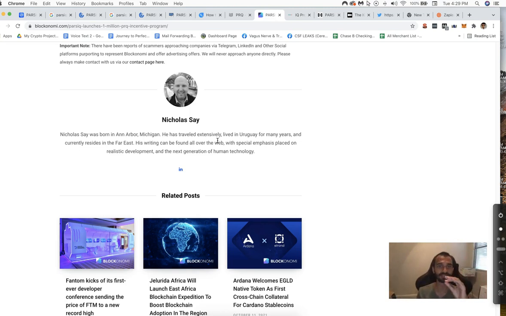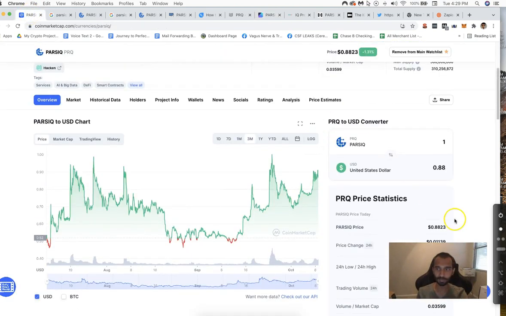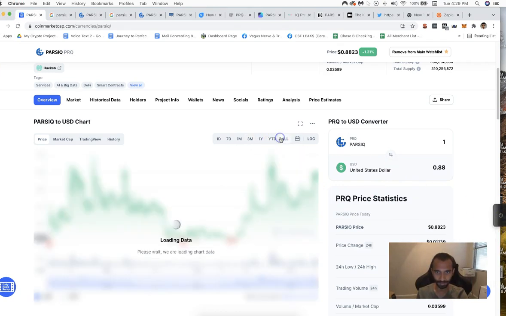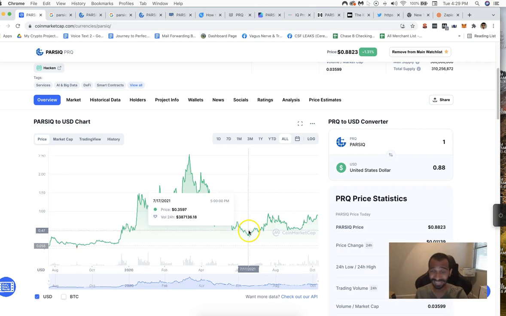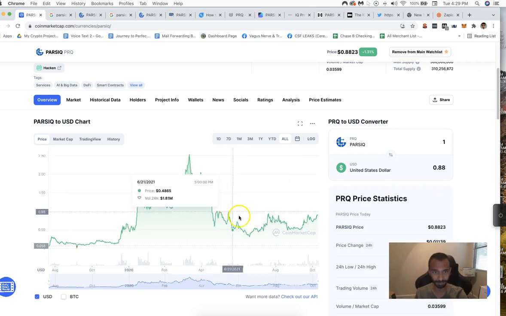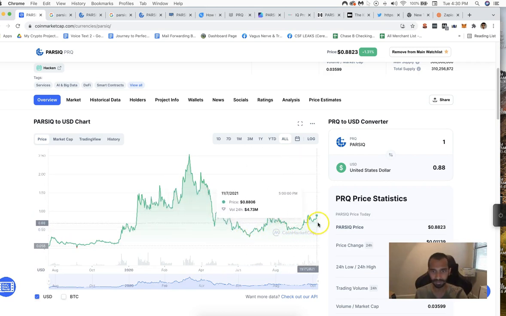And last but not least, technically in the chart, we can see some good movement happening over the last couple of months. Now, if you really look at the all-time, this is actually not a coin that already blew up or anything like that, right? It used to be at like $2. It went down to like 30 cents, right? So it had a pretty big drop from its peak. And now it's been coasting pretty much around that price point of 30 to 50 cents until recently,